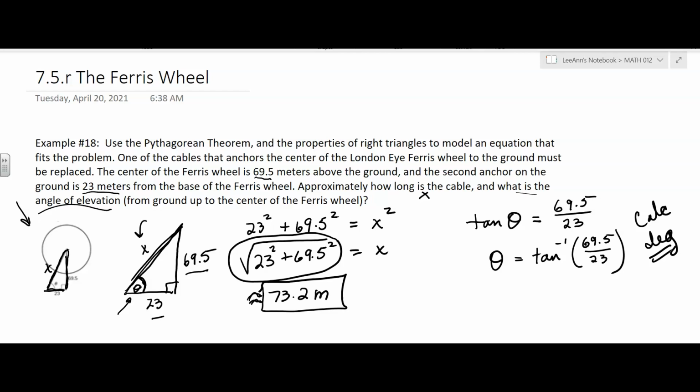Shouldn't be any problem. I'm getting theta to be approximately 71.7 degrees. I would go 1 decimal place. I think the book goes 2 decimal places. We'll have more information on that in chapter 8, but I would just go with that one. All right, that's problem